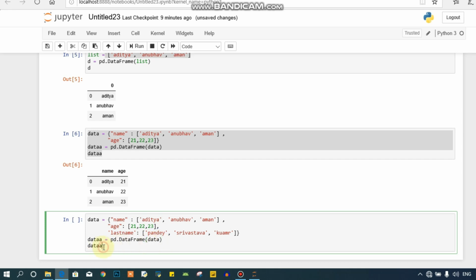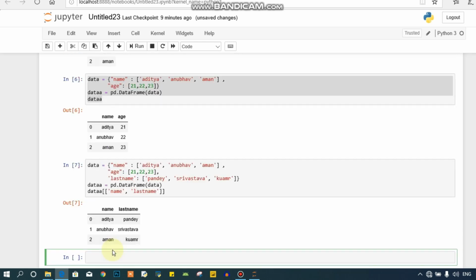So here, let's suppose that I'm printing this data, and inside this data I'm going to pass the name and last name. So let's run it. Now you can see that I have got only the columns name and last name. So this is the way of getting specific columns inside a data frame.